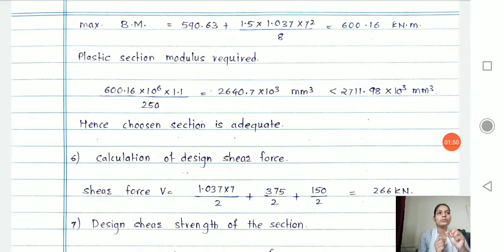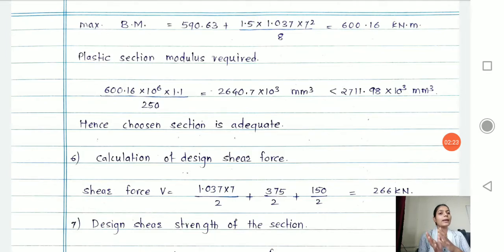We have already chosen one kind of section, and that procedure is already over. For that we have calculated ZP. ZP is the section modulus, the plastic section modulus, right? Once we calculated ZP, we chose one section from the steel table, right? Then after that, next is